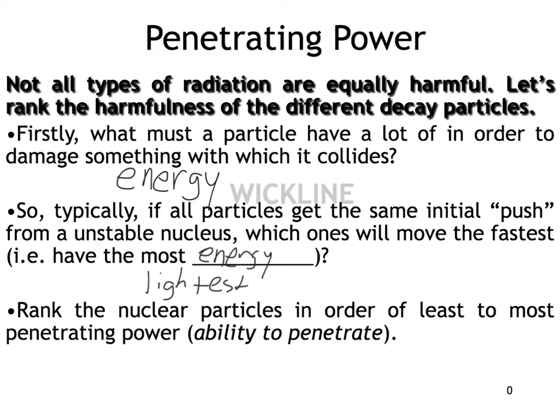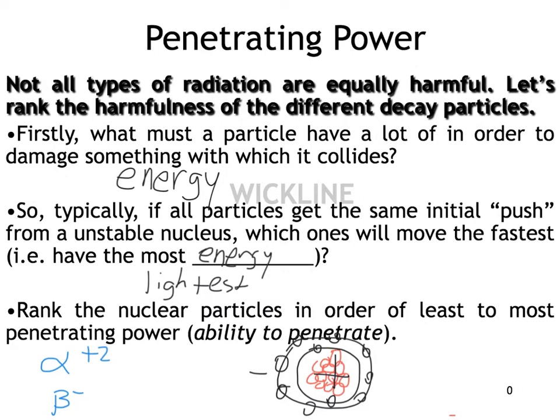Now, you need to think about two things here. Let's say that you have an atom. So there's my atom, and it has a nucleus, and the nucleus is positive, of course. So I'll put that in, positive. And it has a system of electrons that orbit it, and those are, of course, negative, so I'll add that. My point is that if you are a nuclear particle, let's say that maybe you're an alpha particle or maybe you're a beta particle. And I think the key here is that alphas are positive, positive 2 actually, and betas are negative, negative